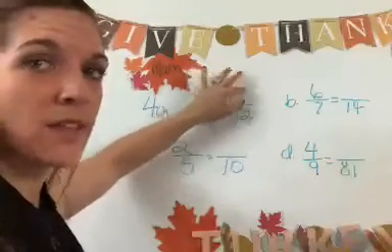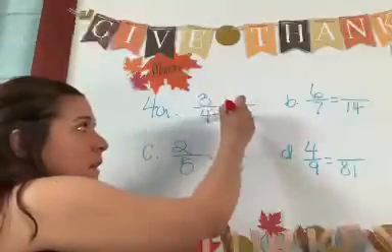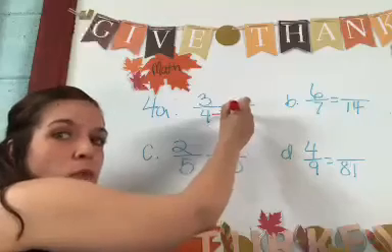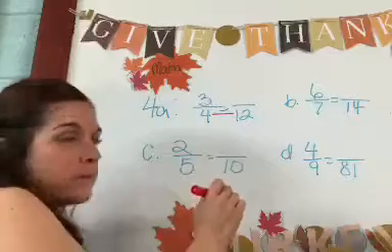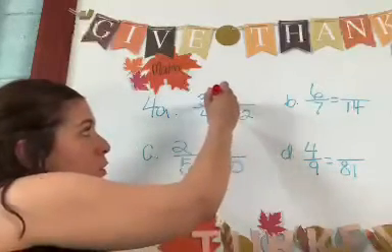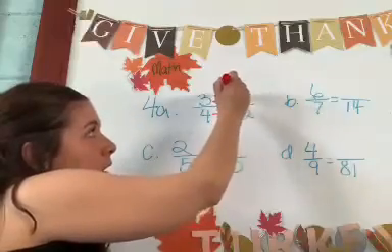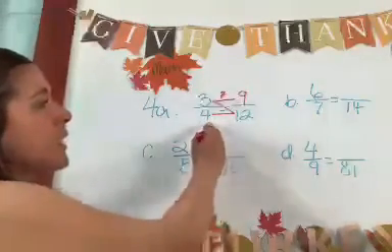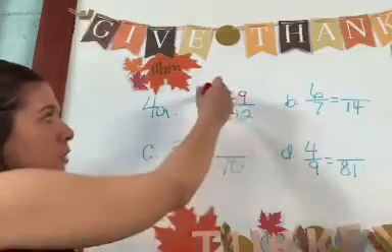Now we have to find the top. This is how we do it. We'll draw a line from here to here. 4 times what equals 12? 3. So you go over here. So 3 times 3 equals 9. Okay? Whatever you multiply 4 times to get 12, you have to multiply 3 times to get